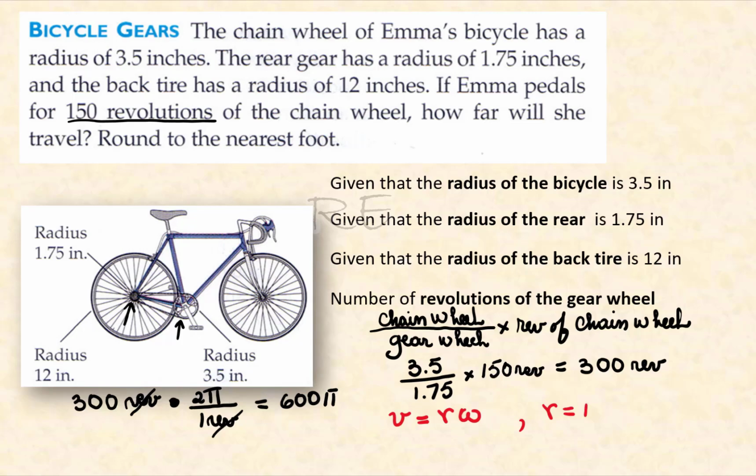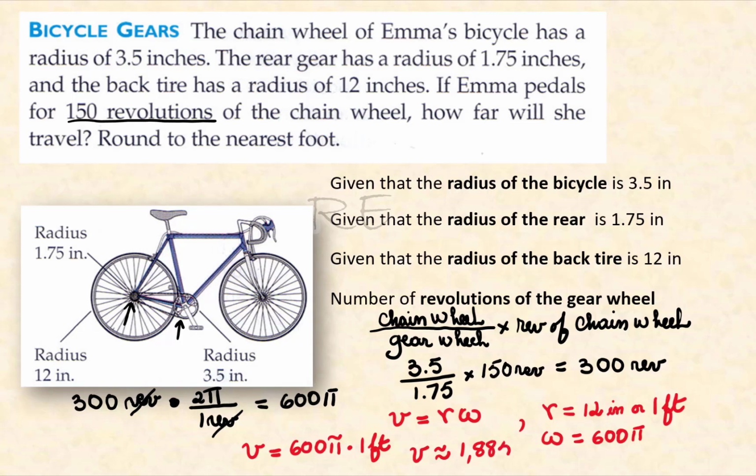The radius of the back wheel is 12 inches or 1 foot, and the angular speed is 600 pi radians. Now the linear speed will be 600 pi multiplied by 1 foot, which is approximately 1885